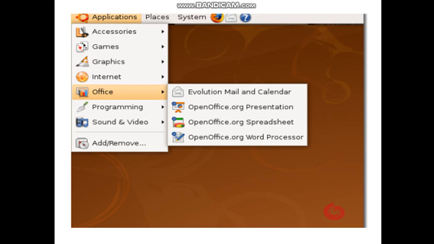If you have a Windows operating system, then again go to the start menu, then application, then programs or office. So this is the Ubuntu window. There are application, places, system menus, which we will study in later chapters. So first of all, go to application, then office and then OpenOffice word processor.